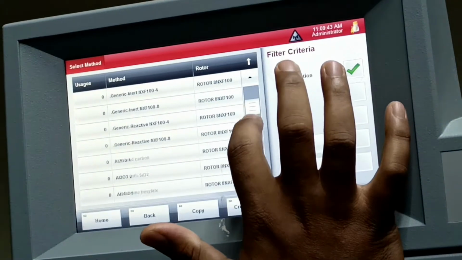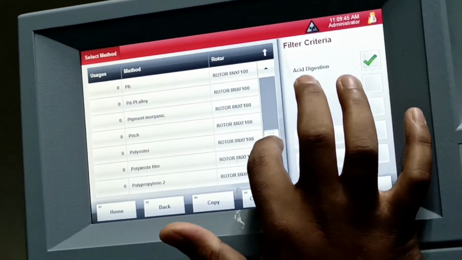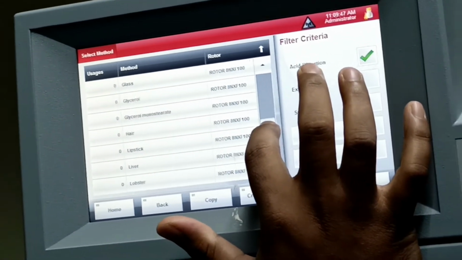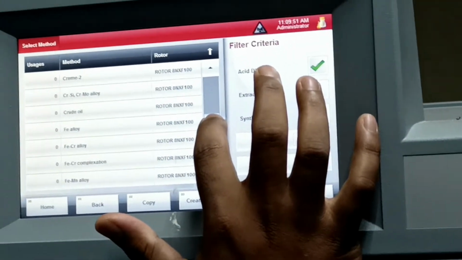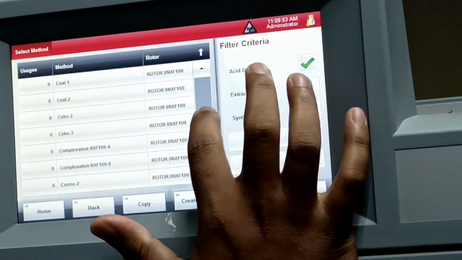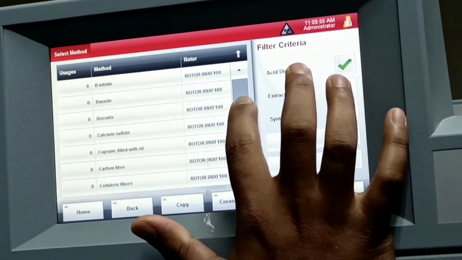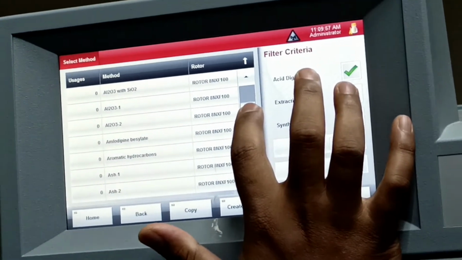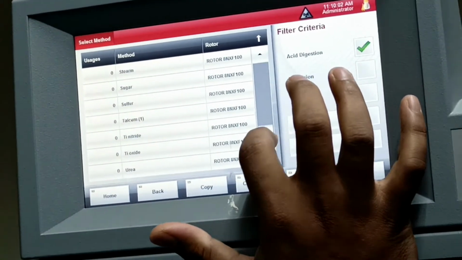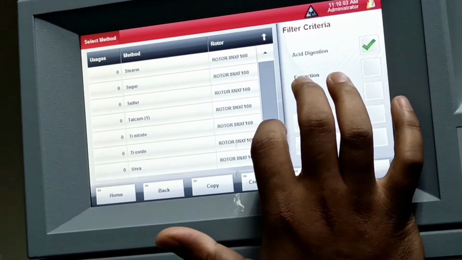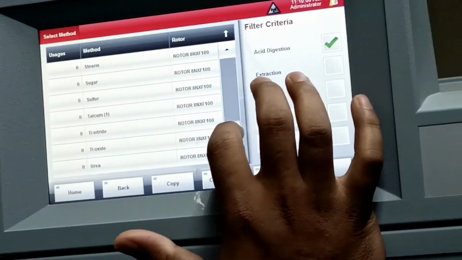You can see at the left hand side you have different methods available now. Because your instrument has been checked with rotor 24 HVT 50, you will find the methods prepared on rotor 24 HVT 50, or maybe rotor 8. Here it's rotor 8 NXF 100.